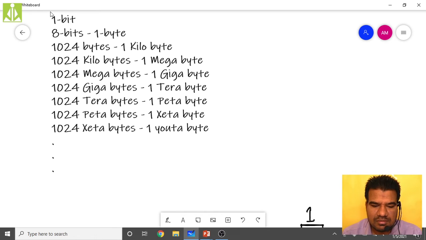So up to this, 1 yottabyte is a very huge amount of memory, and we don't go any further. In our discussion, even if you go to the supercomputers, they will have memories in zettabytes. Nowhere do we deal with yottabytes. Yottabytes are generally for very large, very huge data centers.